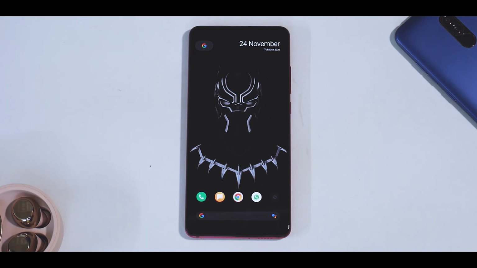Now, while we are towards the end of this video, what I would like to share is that the video that is going to come next is Home Screen Setup Wars, episode 1, in which I'm going to show you 2 to 3 different amazing home screens based on custom ROMs and stock ROMs and stuff like that. And this is going to be a weekly thing in which I will share an email where you can send me your setup and we will rate the best to the worst.